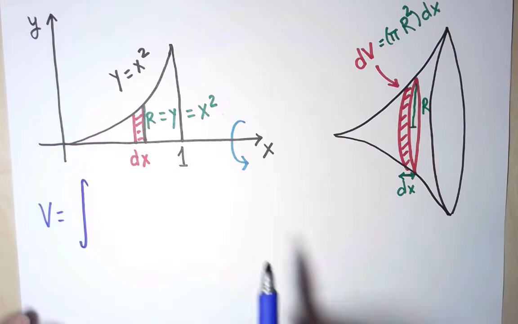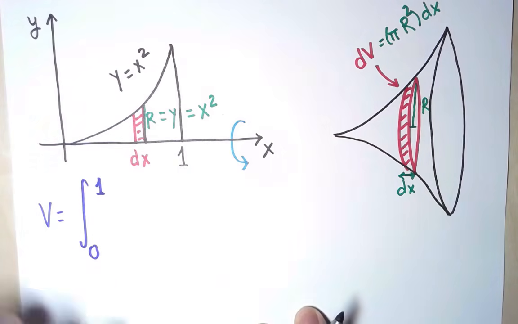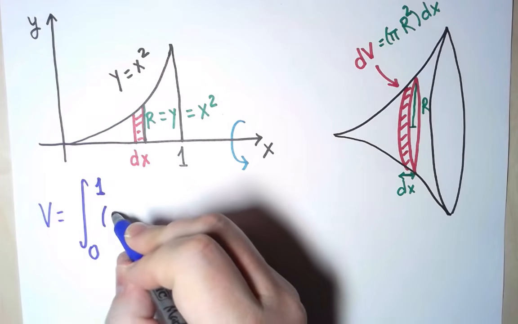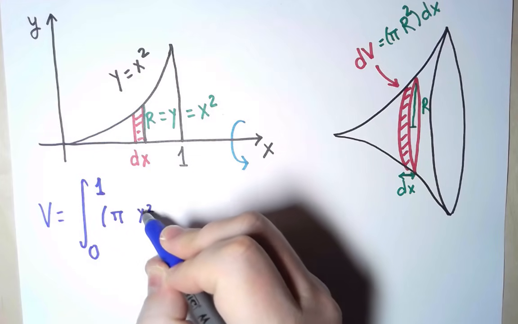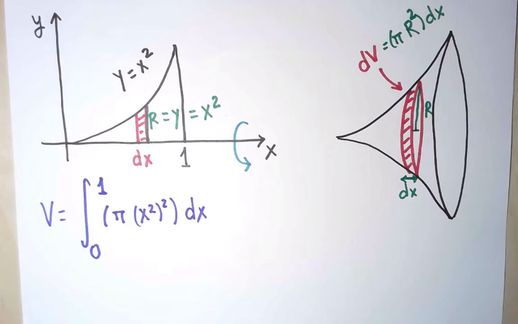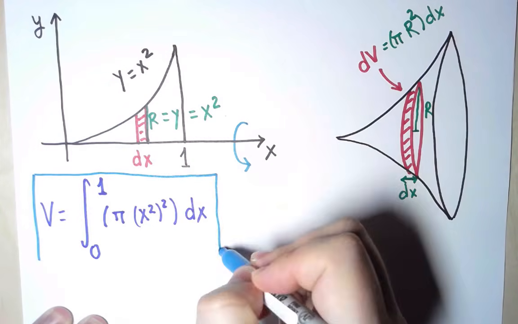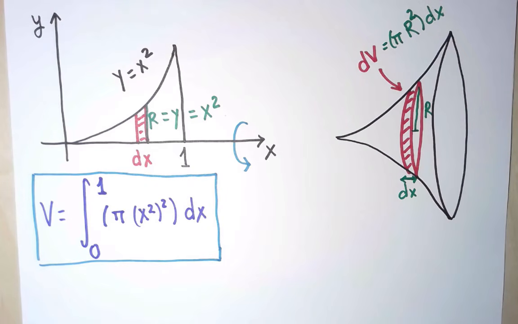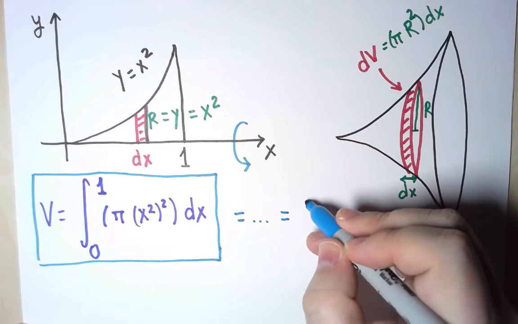Since I am using x as the variable, the integral goes from 0 to 1. And now the integral of the volume of this piece, which is this equation. Now instead of r, I'm going to put x squared because I'm using x as the variable. And that's it. I have succeeded at setting up this volume as an integral. Now we can go ahead and use antiderivatives to compute it. I will leave that part as an exercise, but you can perform that computation and the final answer should be